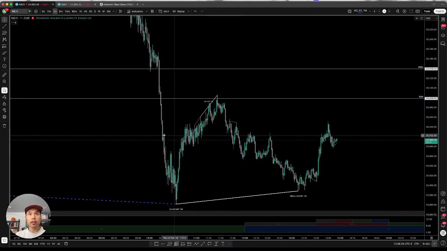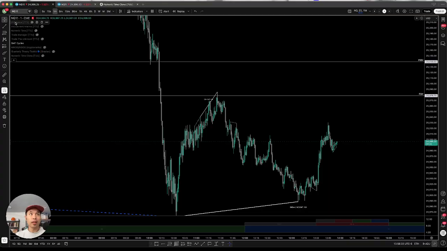Hopefully that was clear on how the SMT indicator works. But like I said, I think it's got the best features, the most customizable to how you utilize SMT in your trading plan and your